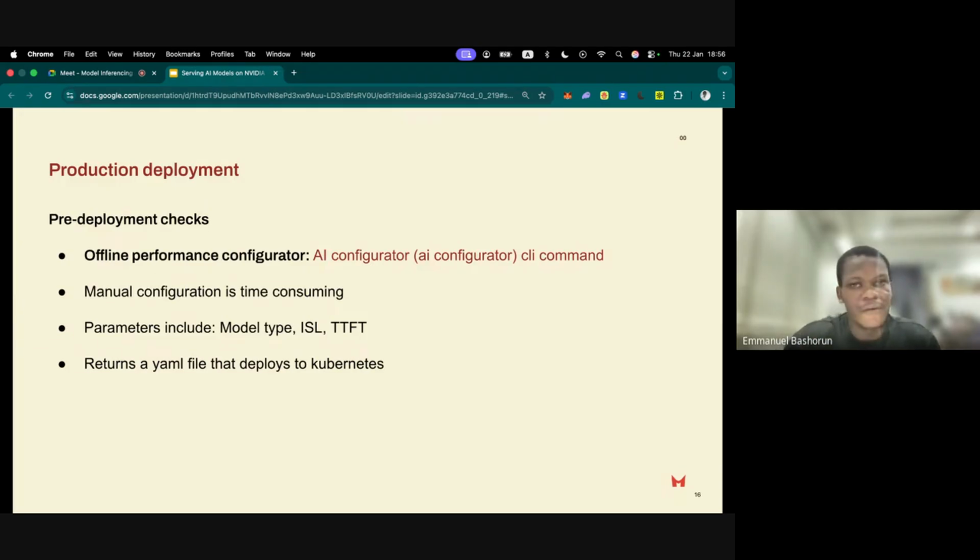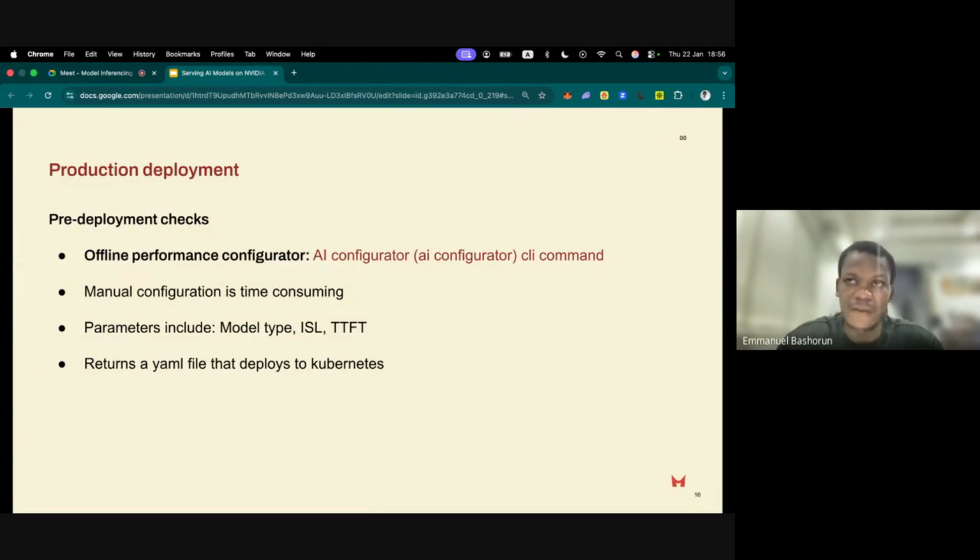AI Configurator lets you set a bunch of values in the CLI command, like model type, ISL, and TTFT, which we've talked about before. And then it will come up with a YAML that basically says this is the optimal configuration that you need in order to set up your